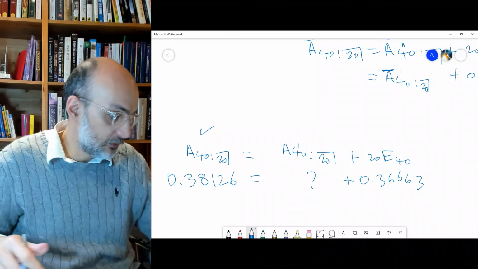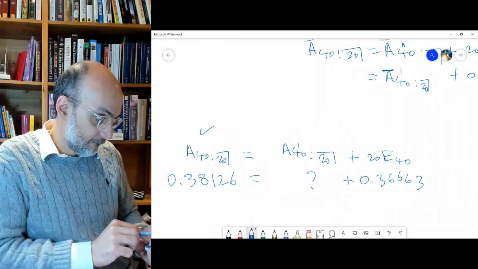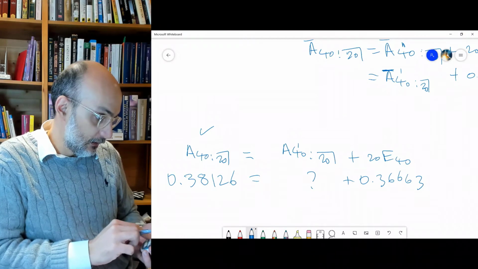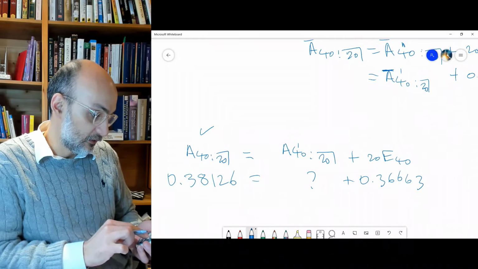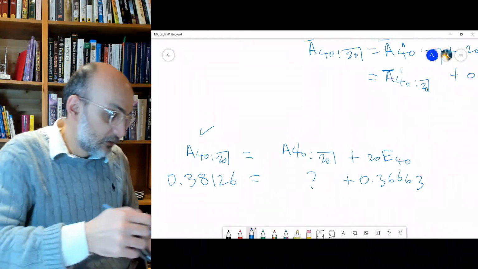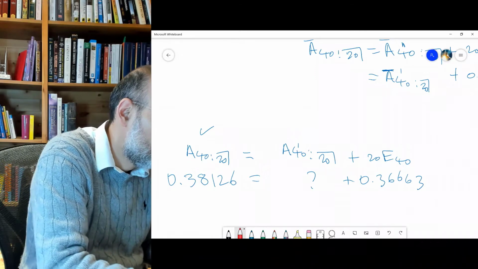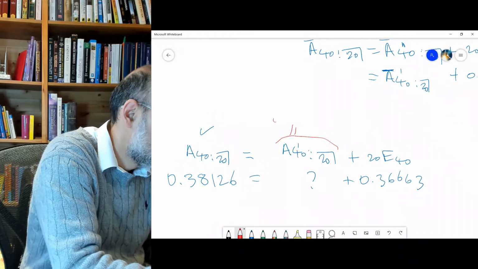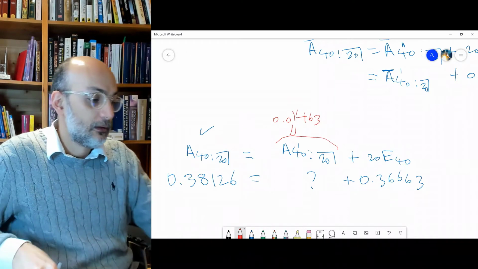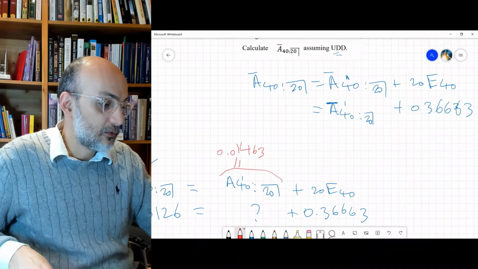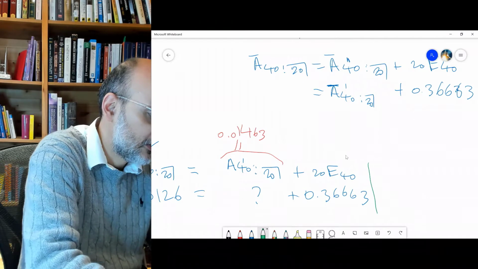Now, if you have your calculator, because now you can get 38126, you subtract from it 0.36663. So this one now, you can get this one to be very good. Very good, because now this one we can take on the side. Now we need this one,